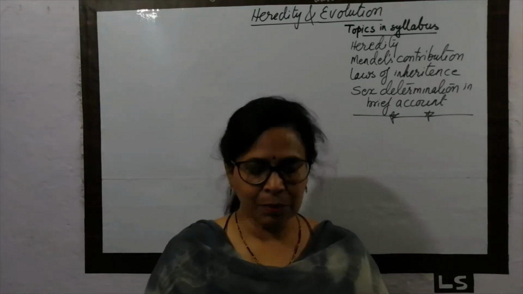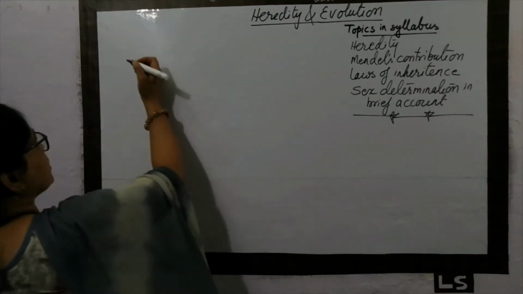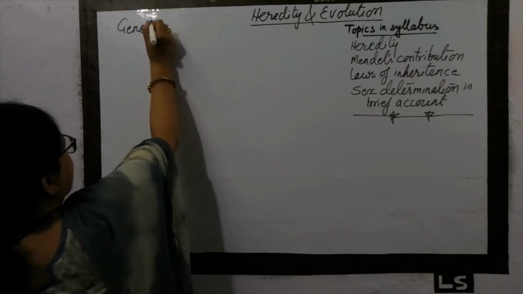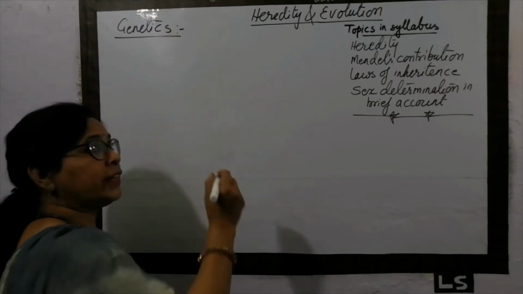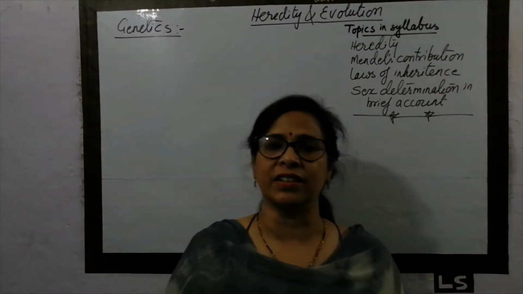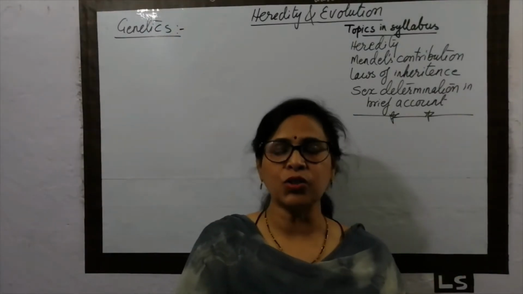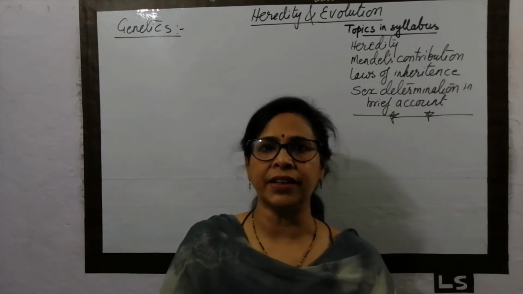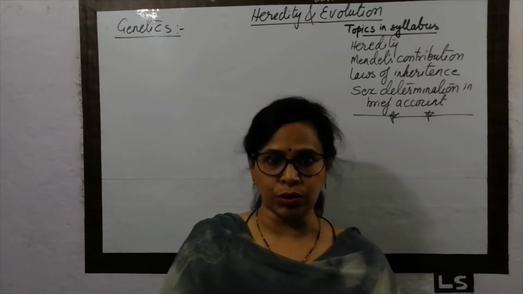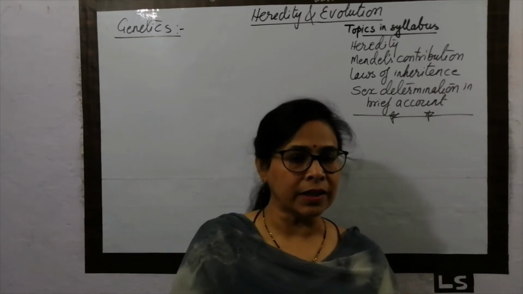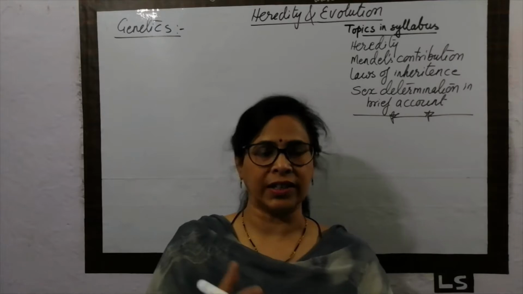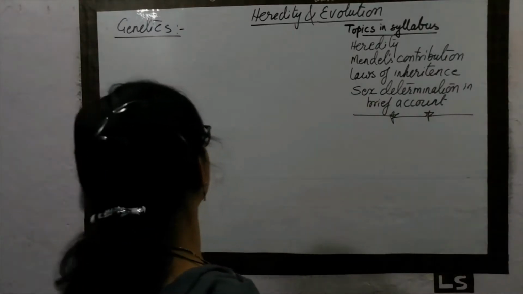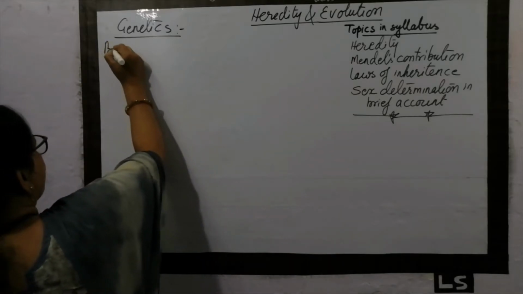The first, it is the part of actually genetics. It is the part of the branch that is called genetics. And the first question that arises in our mind is, what is genetics? Genetics is that branch of biology which deals with inheritance, that is heredity, variations and evolution. The branch of biology which deals with heredity, evolution, variation, etc., that branch is called genetics. So one simple definition for genetics: genetics is a branch of